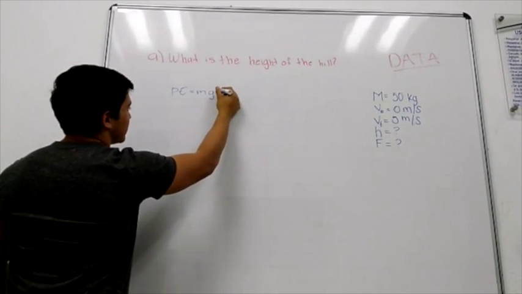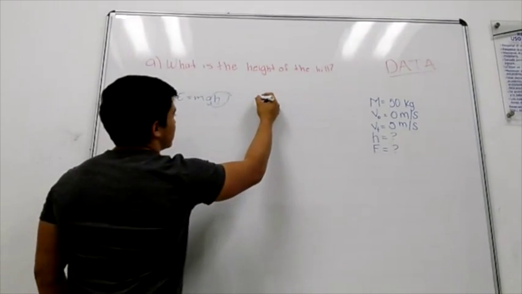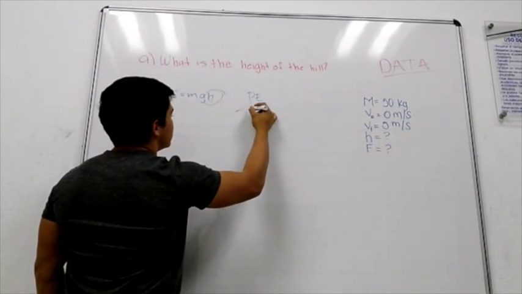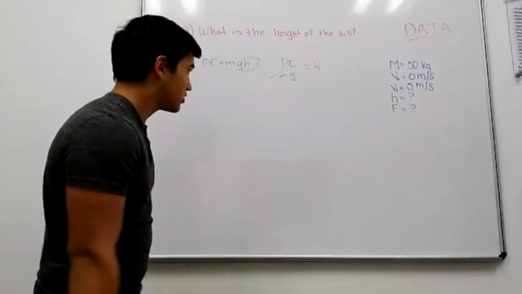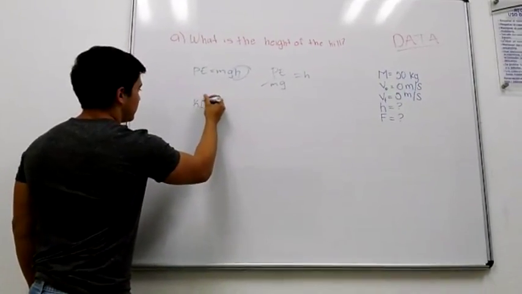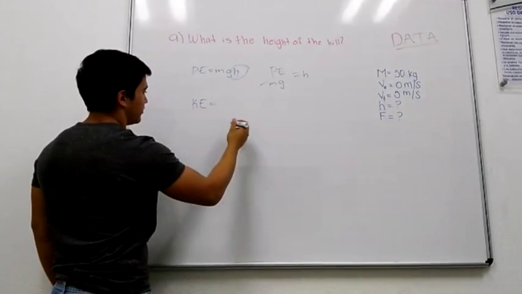mass times gravity times h. We need to clear for h. The equation will remain as potential energy over mass times gravity equals h. So we need to find the kinetic energy at the bottom of the hill, and it is kinetic energy is